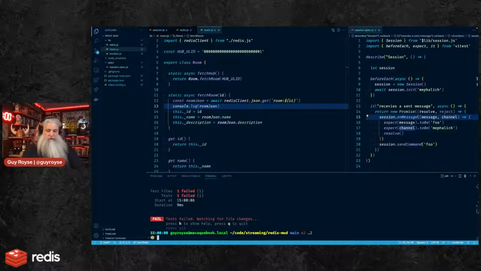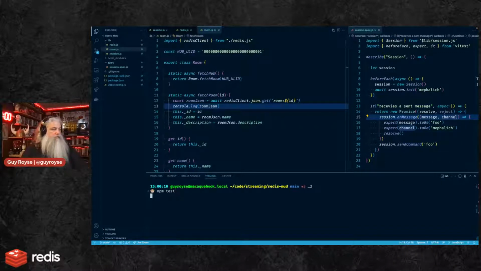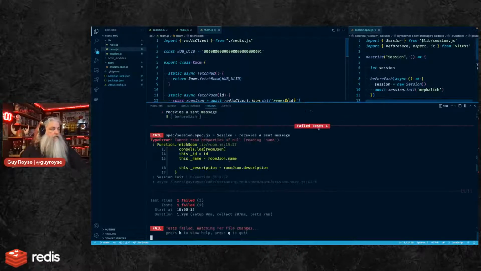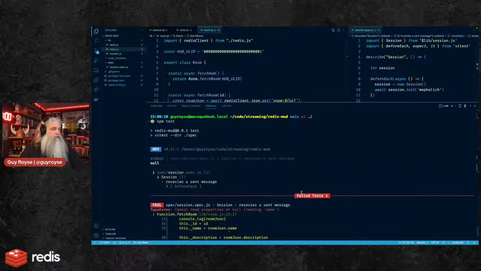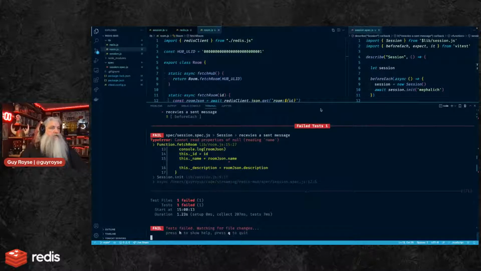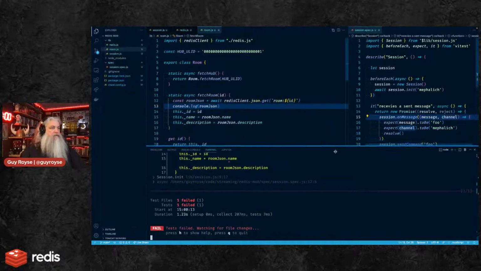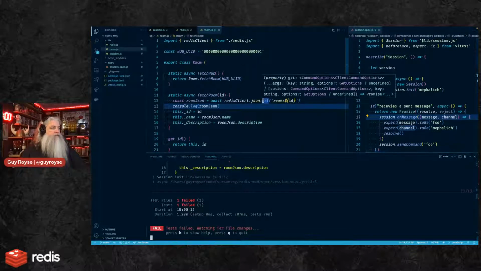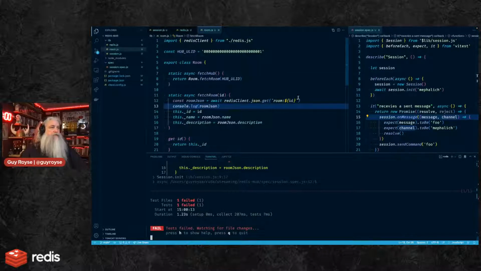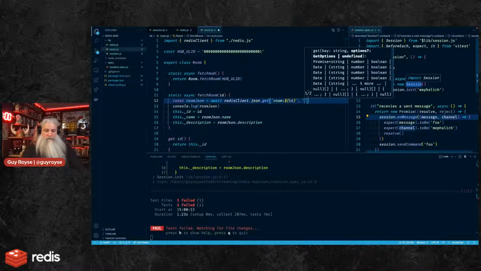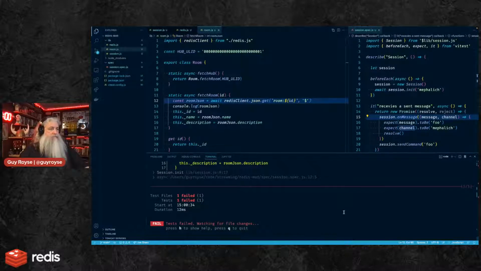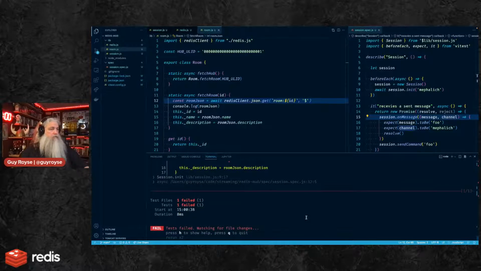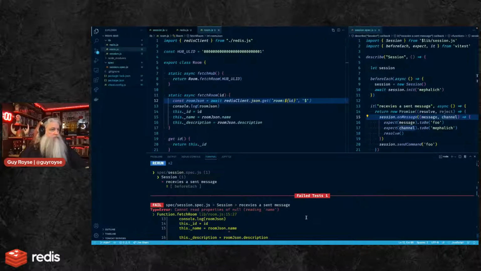That so I can see it run clearly. It just straight up logs out a null because that was not found. JSON.get needs that, and then we need a JSON path. That was missing. Should log out something else.